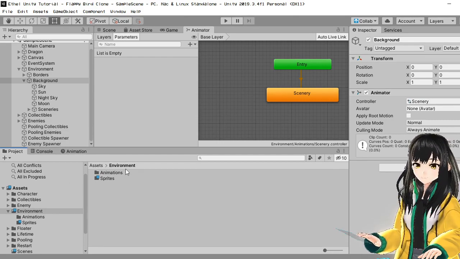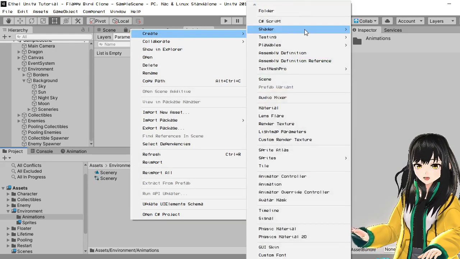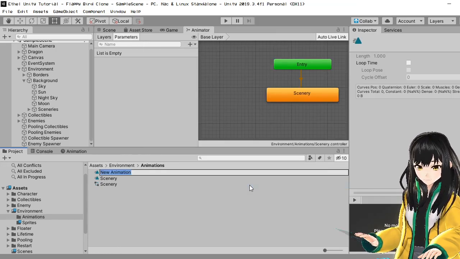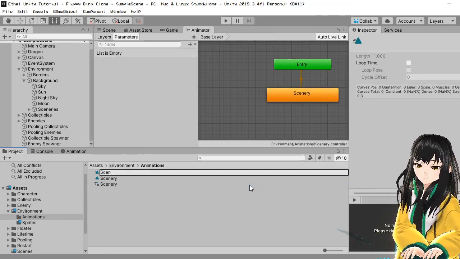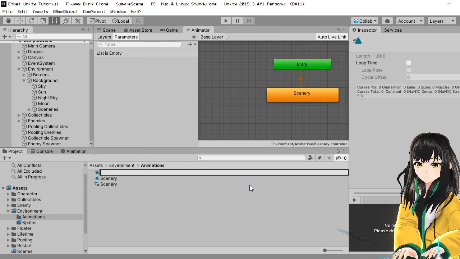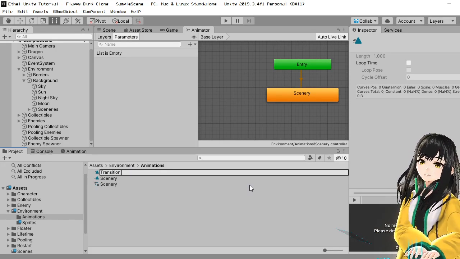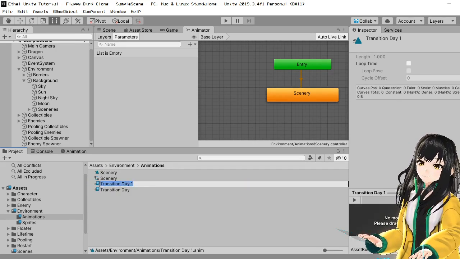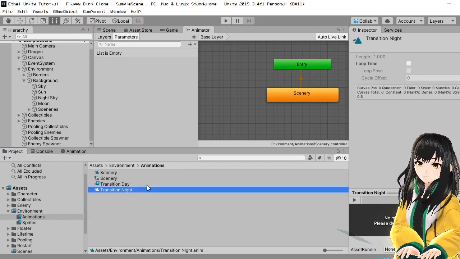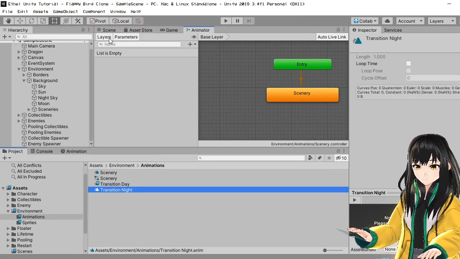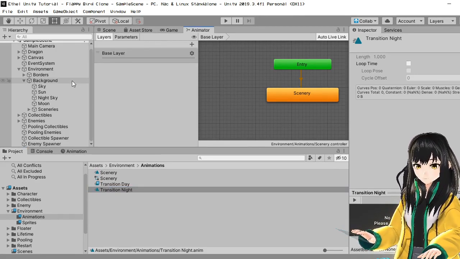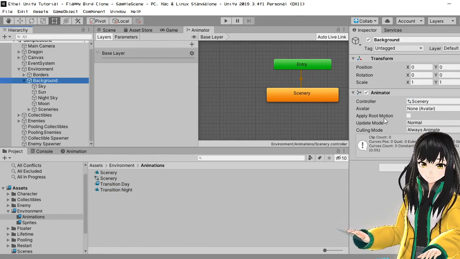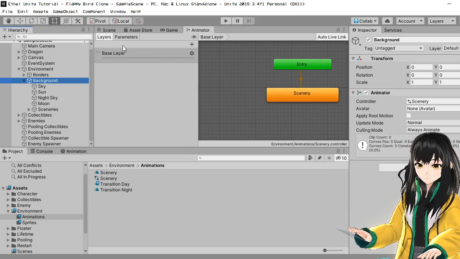I'm gonna make another animation over here. Two of them actually. Scenery. I'm just gonna call it transition day and transition night. Alright. And over here in Animator, if you select background, the one with the Animator component, and you see here in